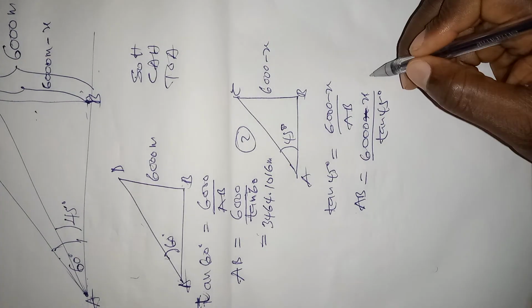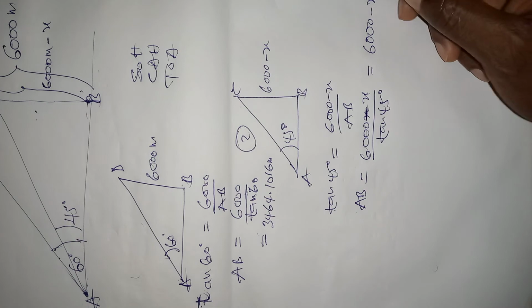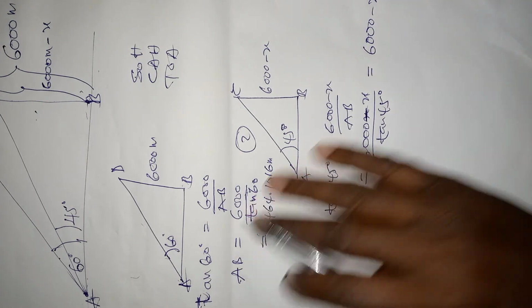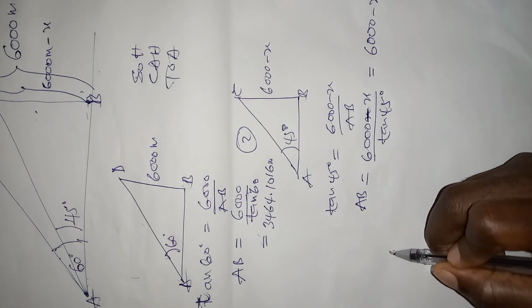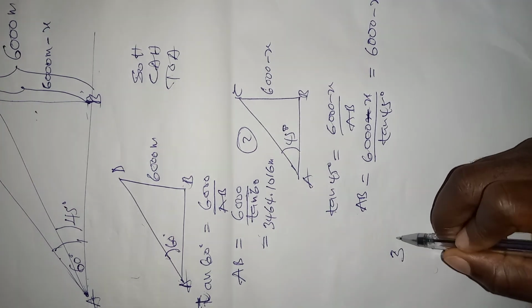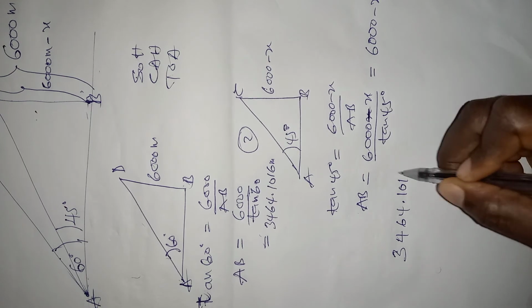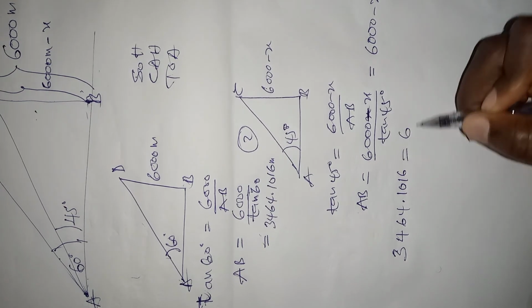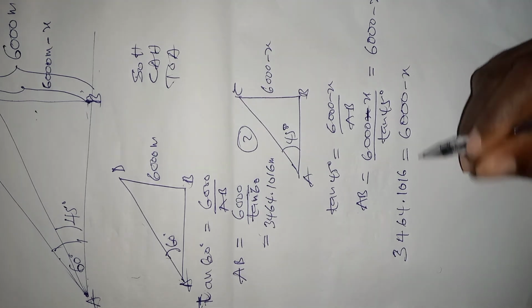From the second, this will also give us 6,000 minus x. So equating the two results, since they have the same base, we say that 3464.1016 should be equal to 6,000 minus x. So computing